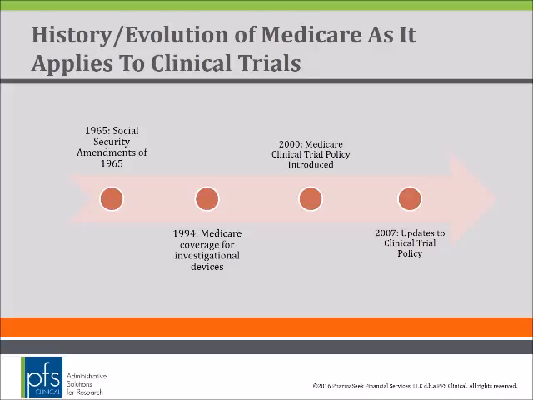So right now we will go over a brief history and evolution of Medicare as it applies to clinical trials. The birth of Medicare today, as we know it, began with the Social Security Amendments of 1965. The Social Security Amendment put the Food and Drug Administration, also known as the FDA, in charge of evaluating investigational items for market approval using safety and efficacy data from clinical trials, while the HCFA, known as the Healthcare Financing Administration, which today is known as the Centers for Medicare and Medicaid Services, CMS, determined the coverage approval of FDA-approved